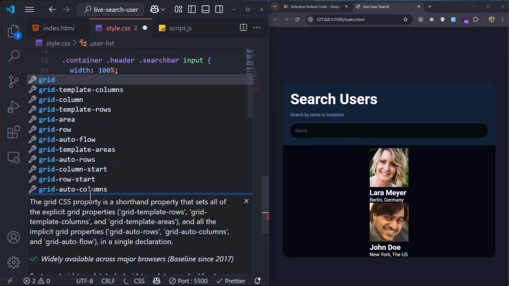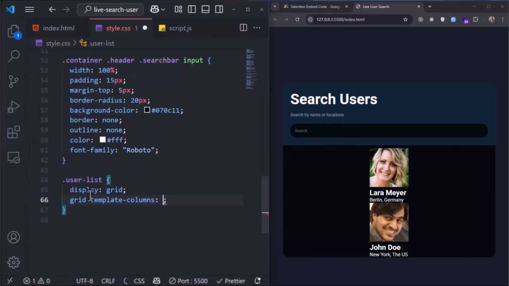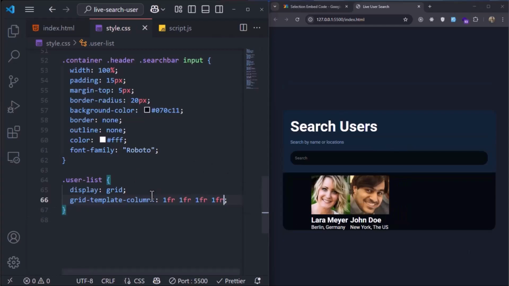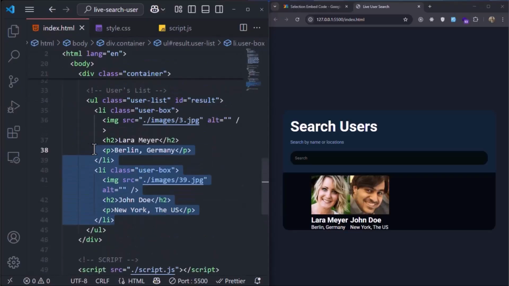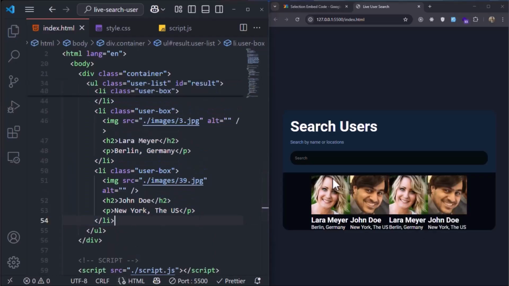We're going to give it a grid-template-columns of 1fr 1fr 1fr 1fr. As you can see, I created 4 columns. If I copy these LIs one more time, so I have 4 users, you can see there are 4 columns. So if I copy 2 more ones,